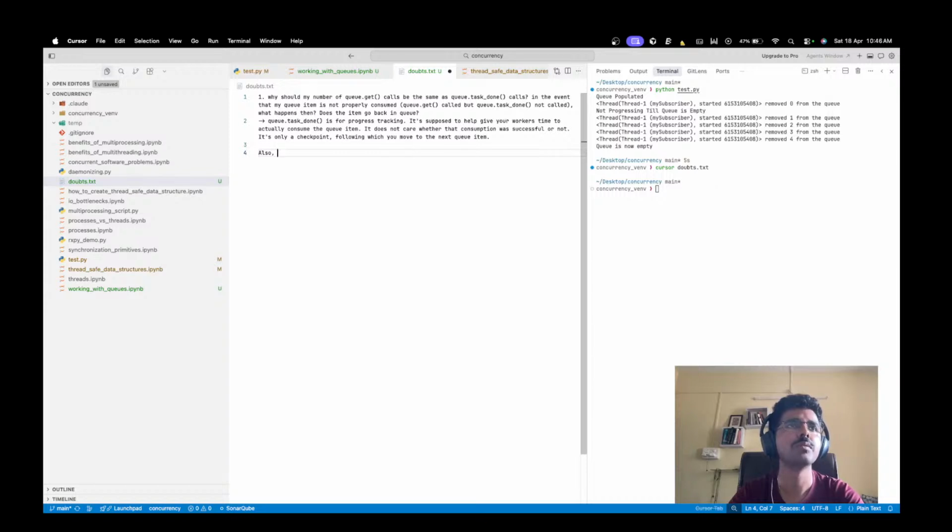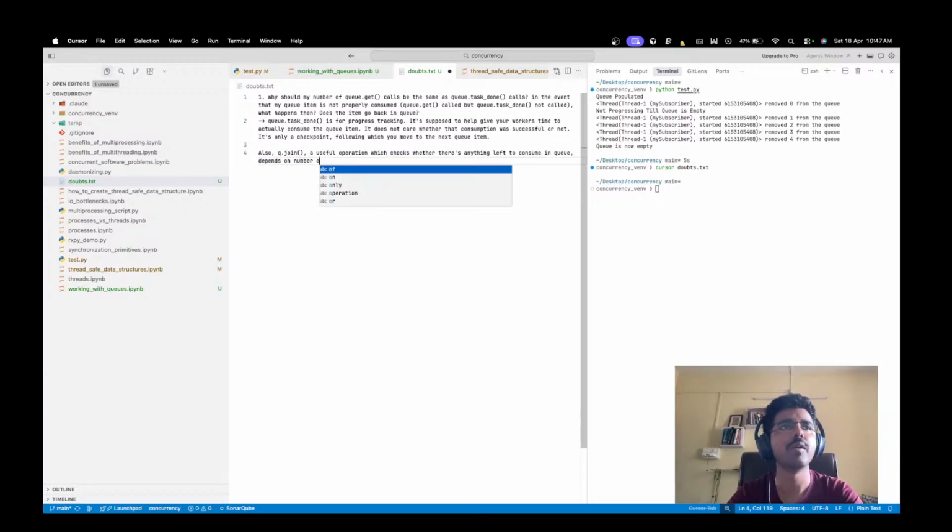Also, q.join, a useful operation which checks whether there's anything left to consume in the queue, depends on comparing the count of q.get and q.taskDone operations. If it's the same,